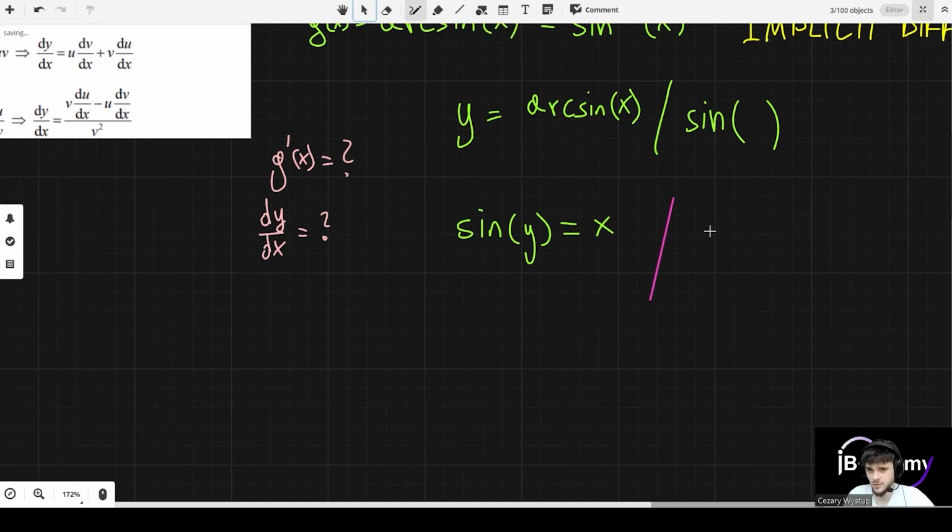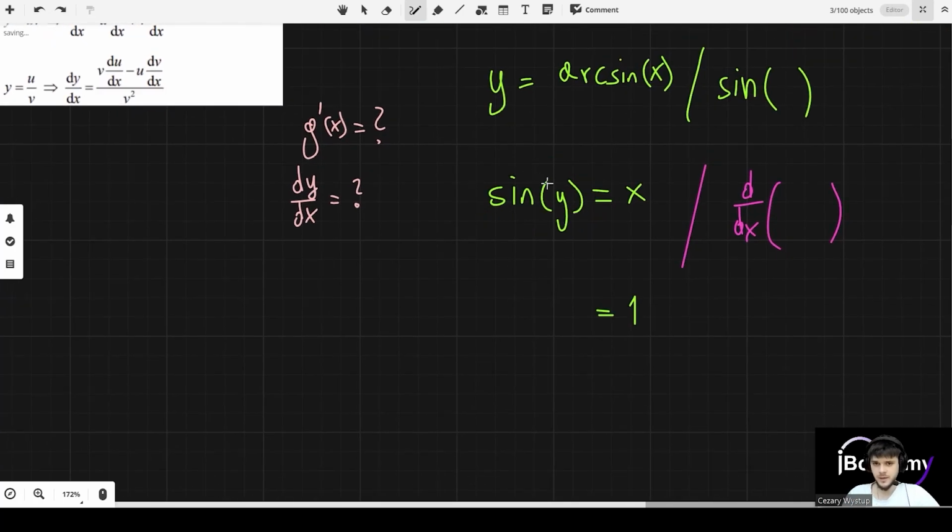Different color because it's important, okay? So I'm just doing d by dx. I'm differentiating both sides of the equation with respect to x. And let's start with the right-hand side because it's simple. What is d dx of x? Just one, yeah? Done. Left-hand side is a bit more tricky because remember y itself is a function of x,